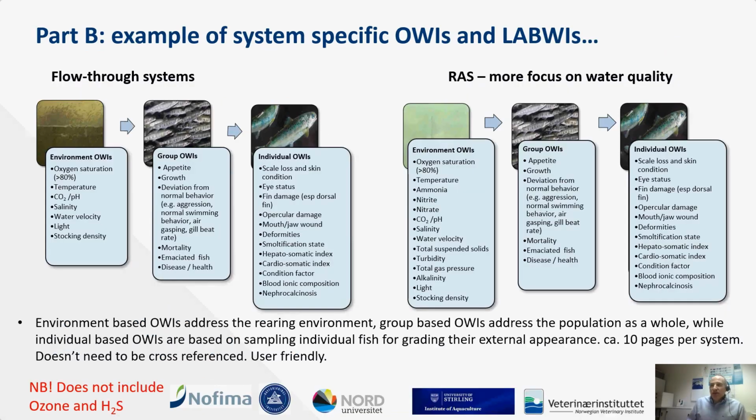And here are some of the examples of the toolboxes. This is just a basic example of how you would apply the toolbox to a flow-through system for Atlantic salmon, and also how you would apply it to a RAS system. A lot of the toolbox is quite similar, except for RAS, because you're recycling and reusing a lot of the water, so there's a lot more attention paid to the input indicators, the environmental-based indicators. So there's a wider range that you need to look at and pay attention to.